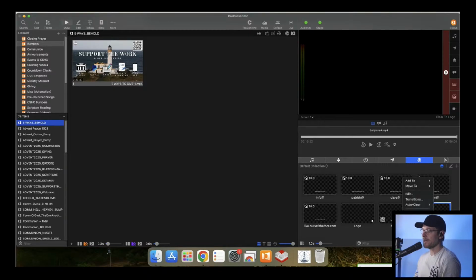So I've created that, and then you need to say auto clear, and you can set it for whatever you want. I need it to go off, is what I was going to say. But if I click this button, it goes on, and then you can see the prop button here turns off again. That's what I want.